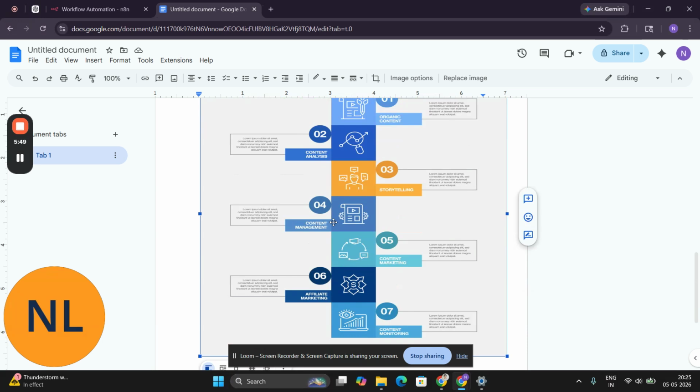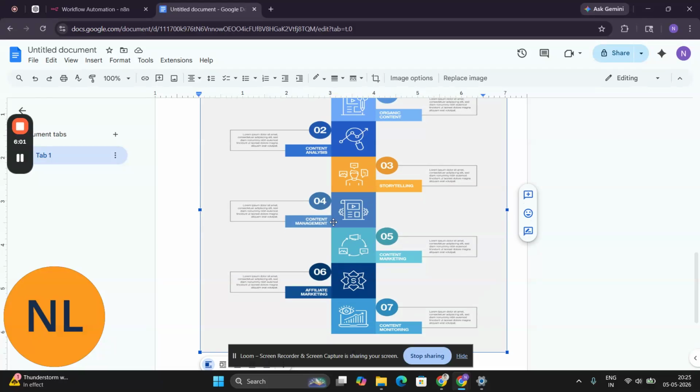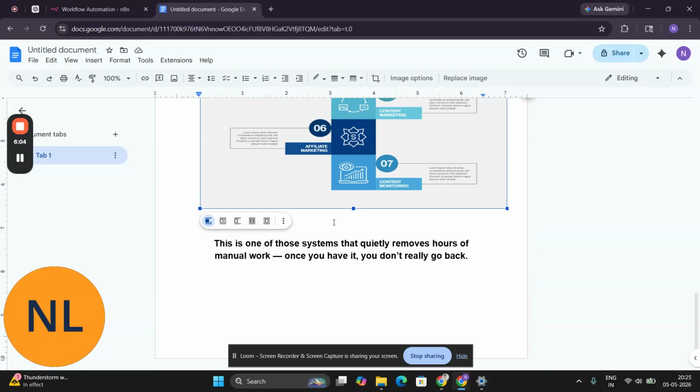But the new era is entirely moving your manual work into AI, and it is actually implementing sentiment analysis. It provides storytelling and content marketing. So this is one of those systems that quietly removes hours of manual work. Once you have it, you don't really go back.